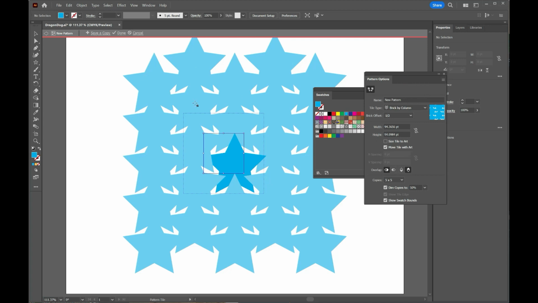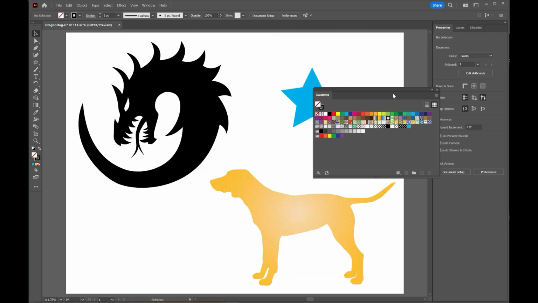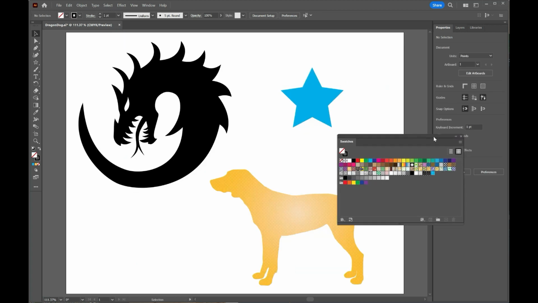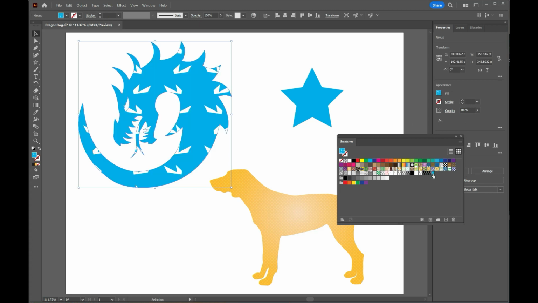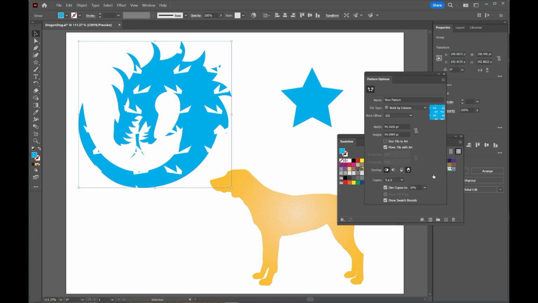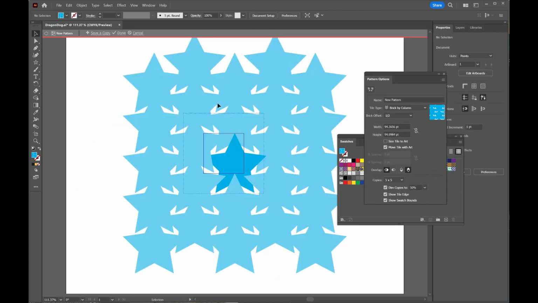All right, when you're done editing your pattern, you can click Done here. And it doesn't look like anything happened, and that's because the pattern is now a part of my swatches. You can see the effect of that if you click an object and then choose the pattern to use as a fill. To go back to editing the pattern, if I double click on it, I immediately go back into pattern editing, and what you can see is that